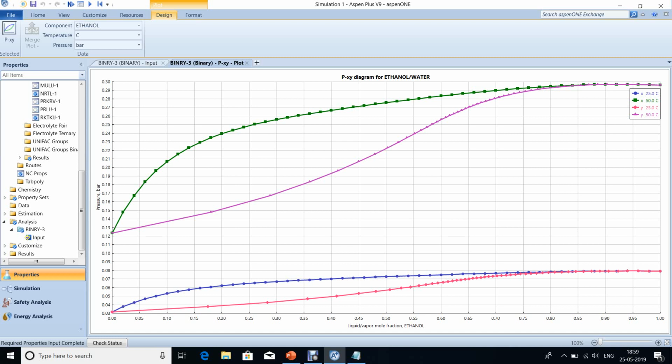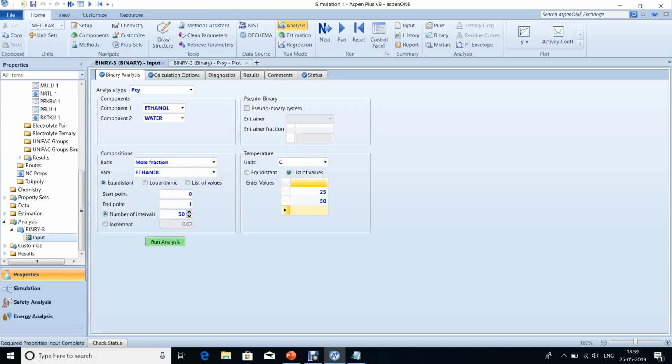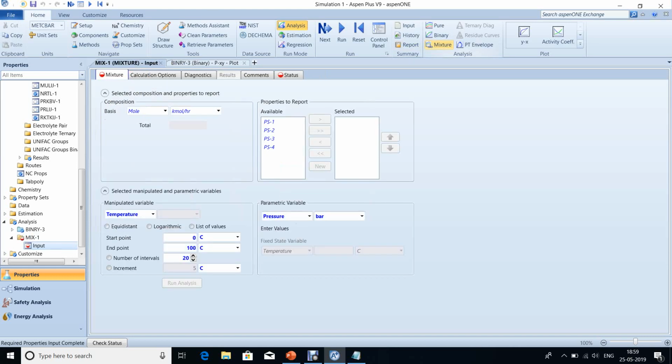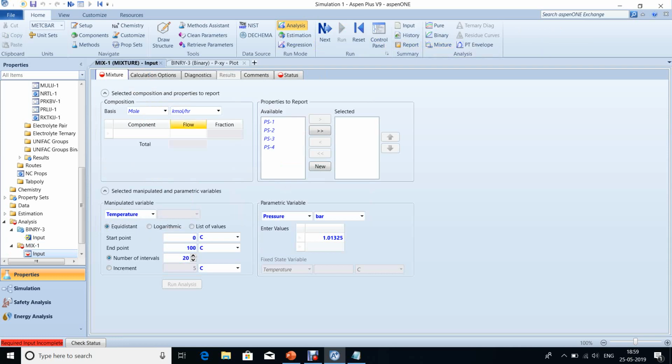Separation becomes somewhat easier, right? Because the gap in between these two increases. Okay, these are about TXY diagrams. What about the mixture? If I click on mixture, then in mixture,